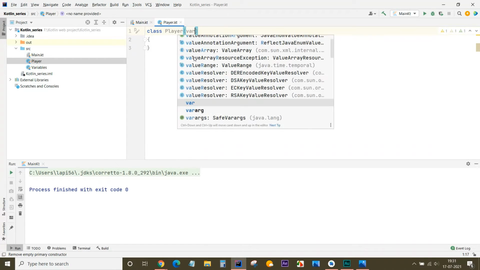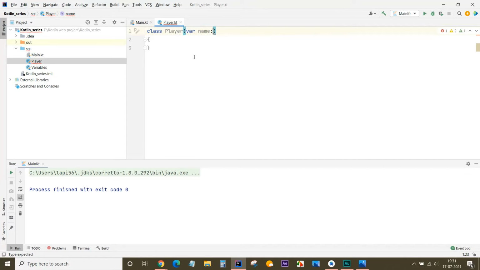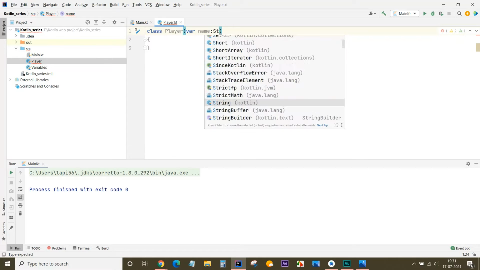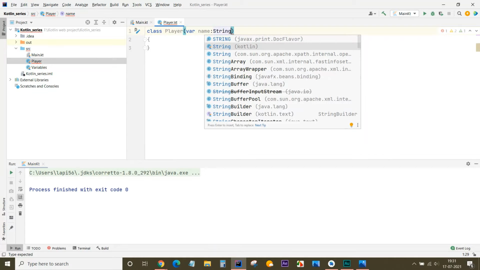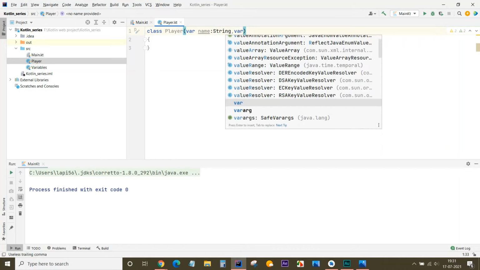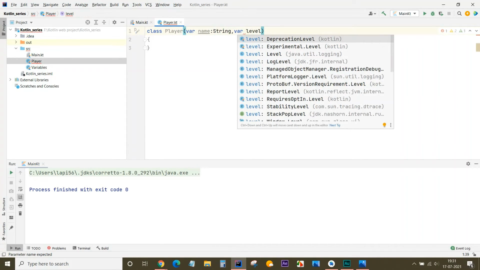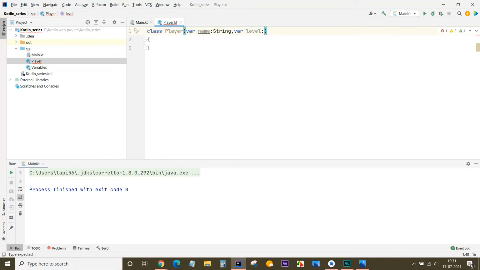Let's create name, and name should be a String. What other things does a player contain? For example, level, which level a player has reached, as an Int.